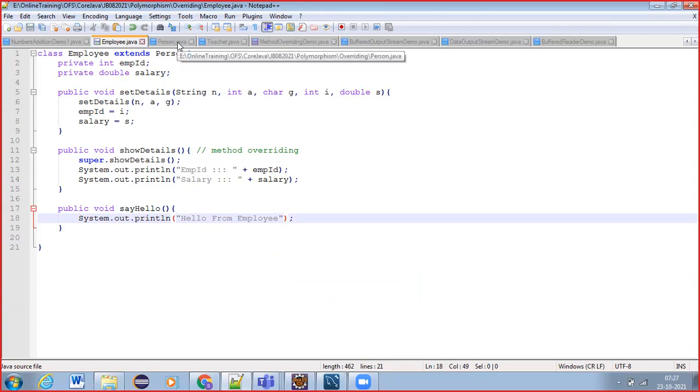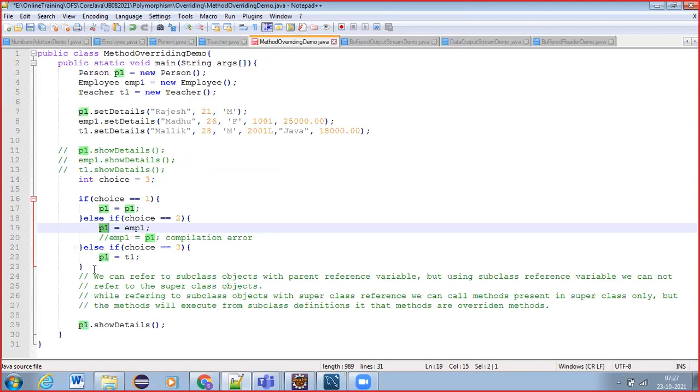Now in the overriding demo, we have p1 equal to emp1, right? The object that we are creating here is emp1, so that employee object will come into p1.